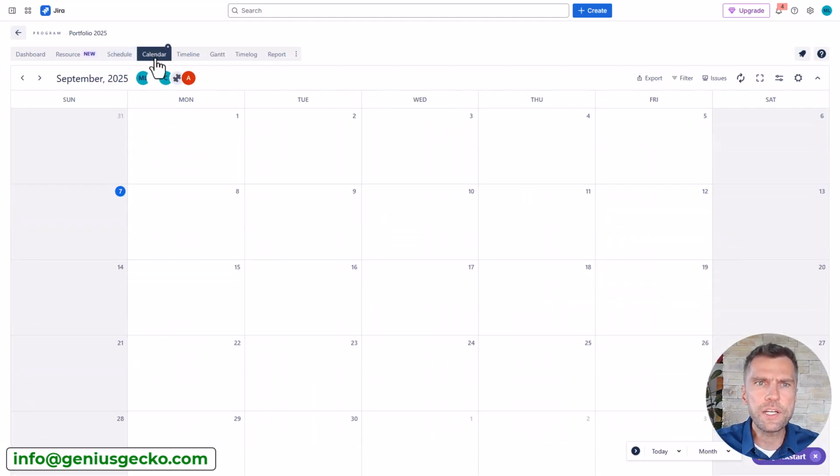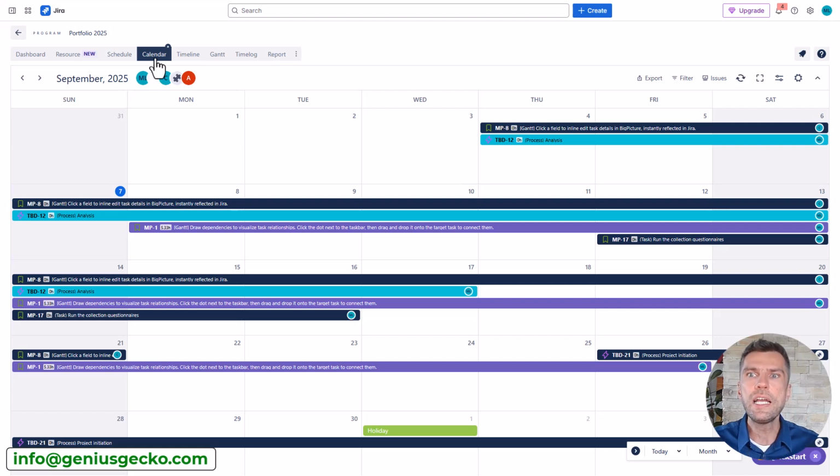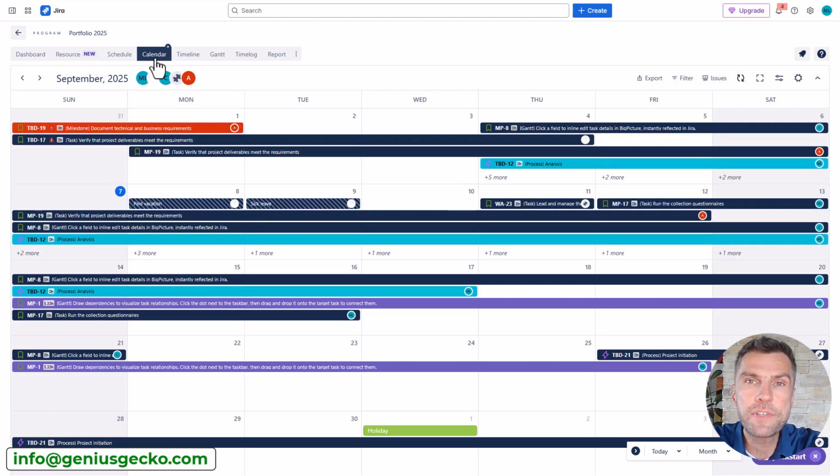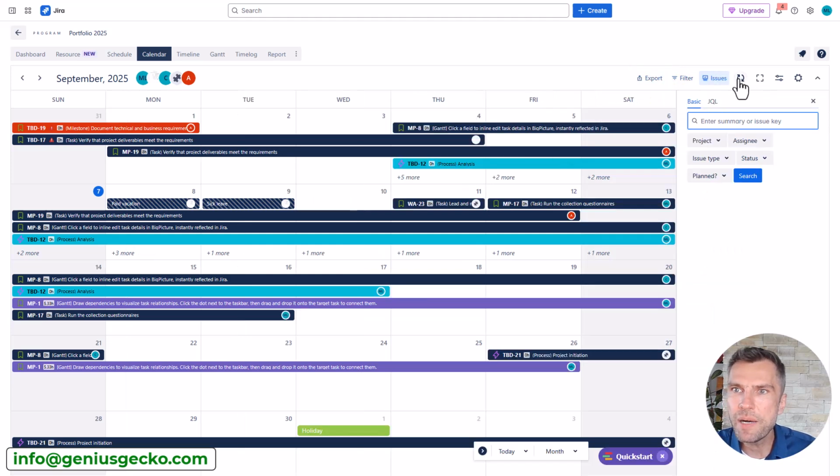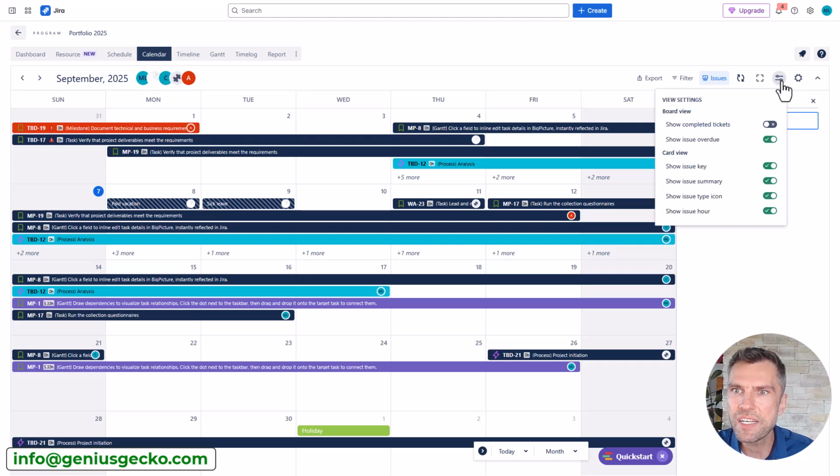Next module here, or the next view, is the calendar, and I know how you like working with calendars. I'm not a huge fan of that, but I see the value that you know exactly when you need to start working, so you can plan your day, plan your week. There is the export feature here, export available out of the box. There is the issue panel and refresh button, some additional preferences, so filtering completed tasks, and you can decide what information is presented on the taskbar. Here you can also see that I have a paid vacation and a sick leave,